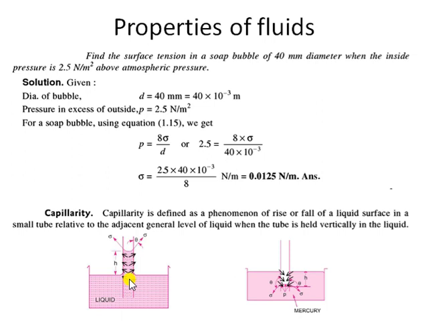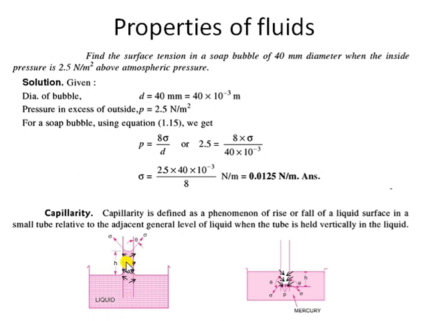So what will happen? Whatever fluid particles are available here, they will rush towards the surface of the glass. I have shown it with the help of arrows also. Since the adhesive forces are greater, these fluid particles will rush towards the glass surface to stick to it. And then these fluid particles will keep on rising on the glass. Up to how much will they keep on rising? Until this force is balanced by the weight of the water in the glass tube.